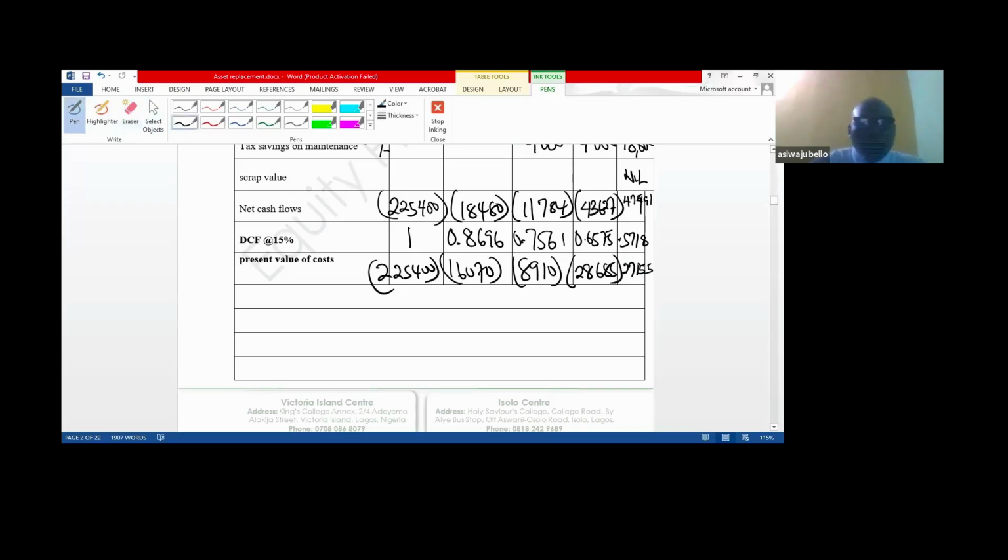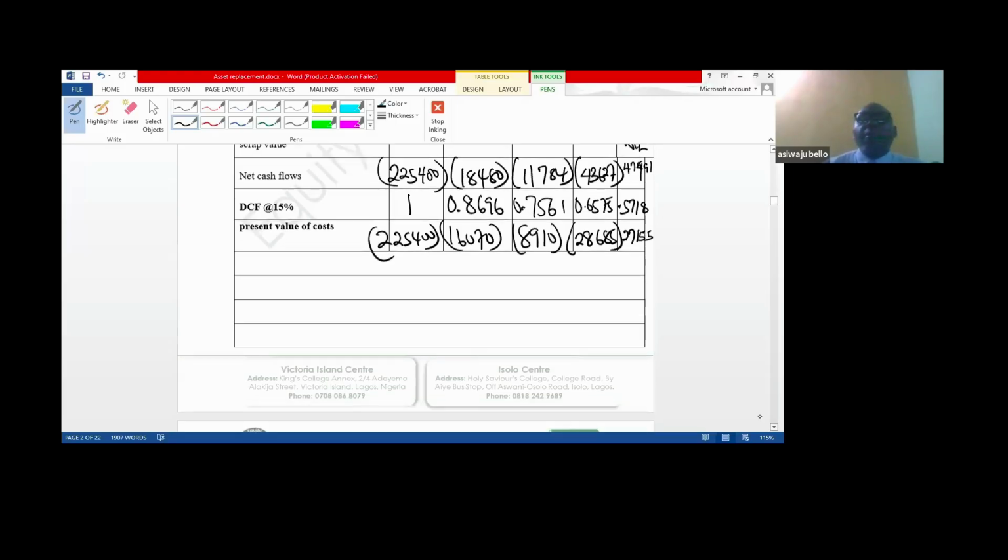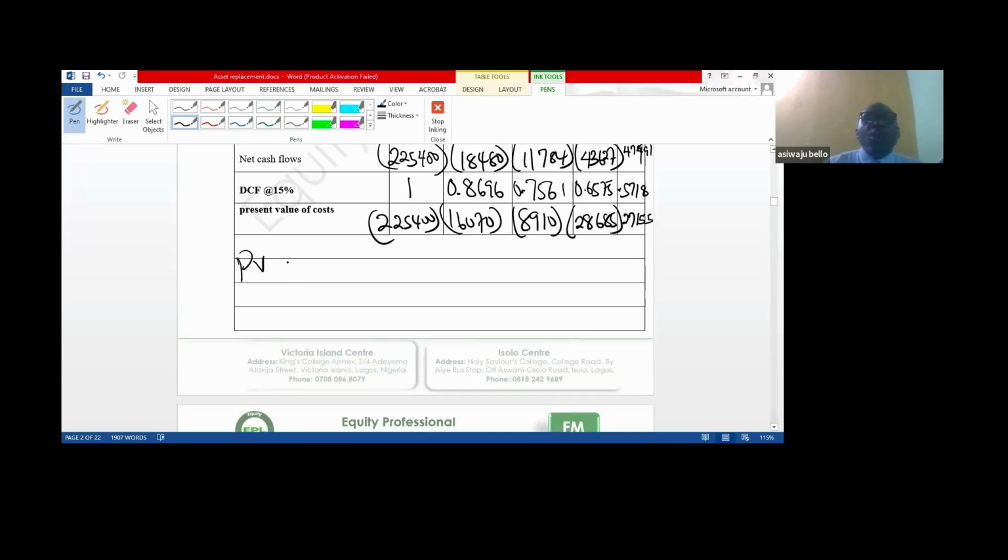Get the present value of 27,155 minus 28,685 minus 8,910 minus 16,070 minus 225,400. That will give you the present value of cost here, 251,910. To round up,